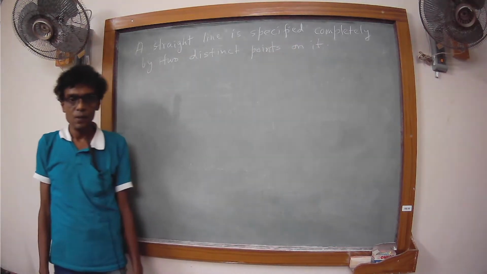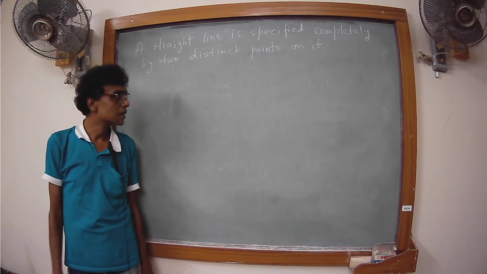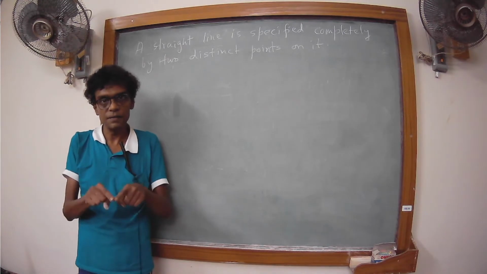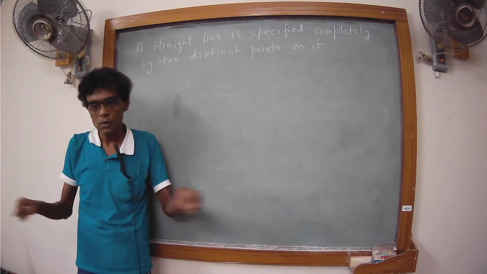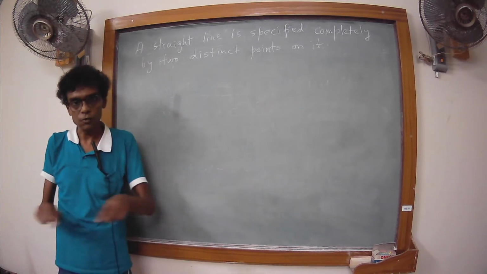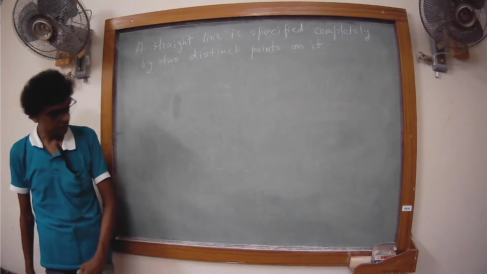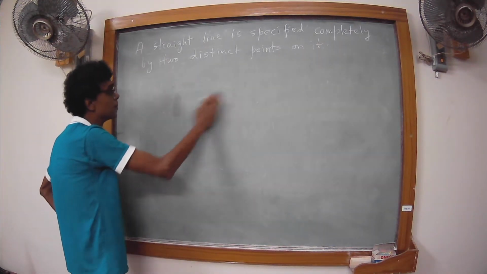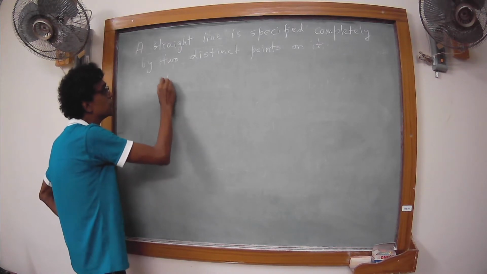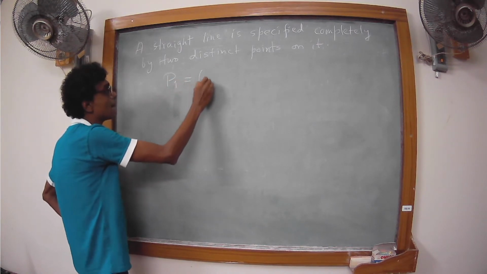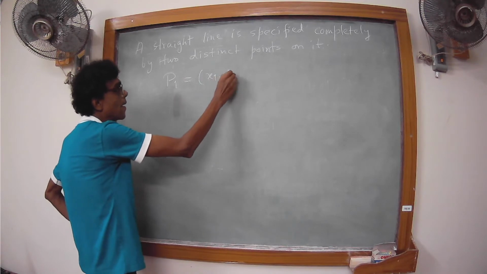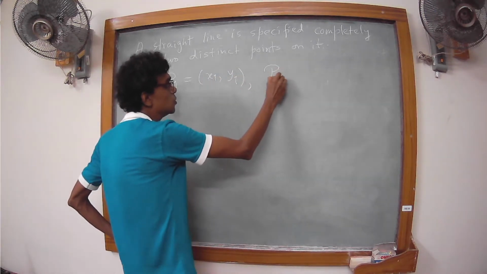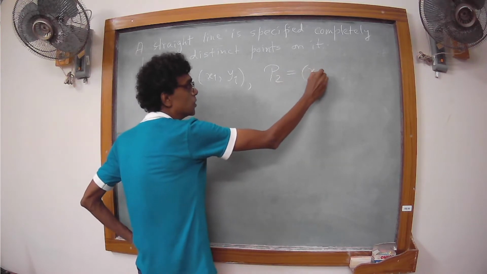If we specify 2 different points, then there exists a unique straight line passing through those 2 given points. So, if, for example, one point is P1, having coordinate x1, y1, and the other point is P2, having coordinate x2, y2,